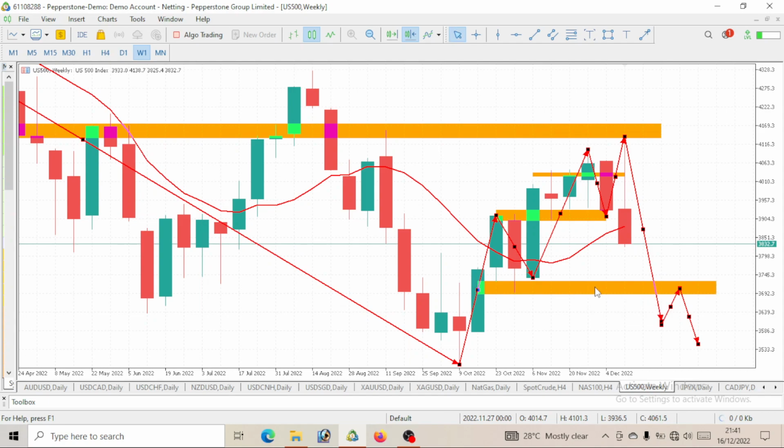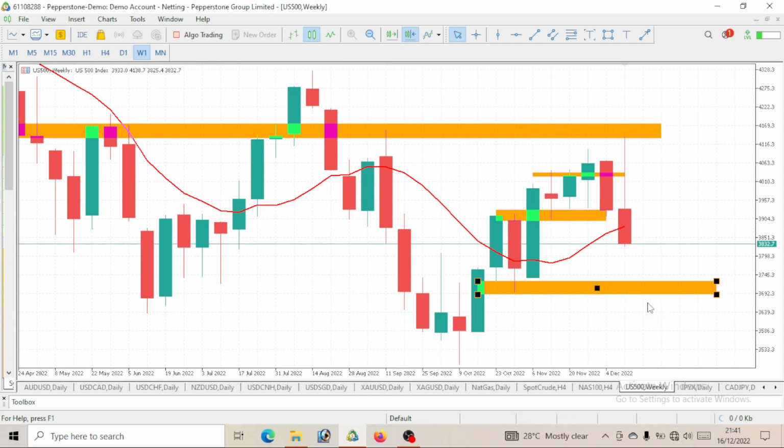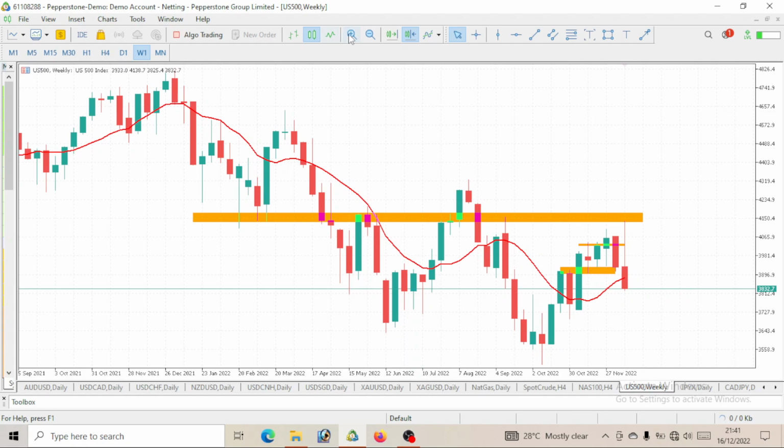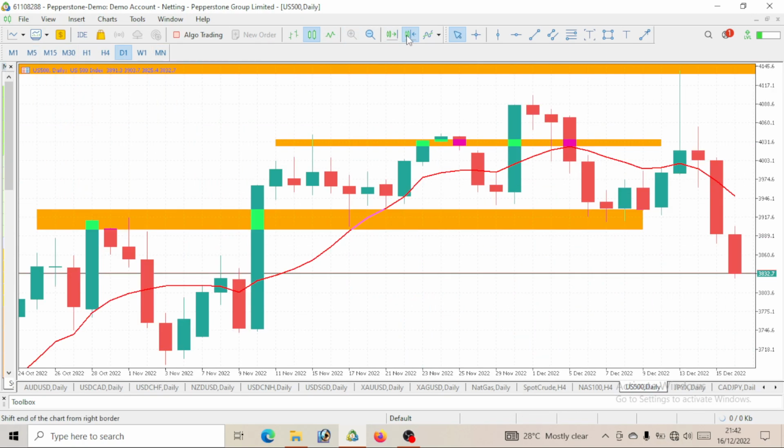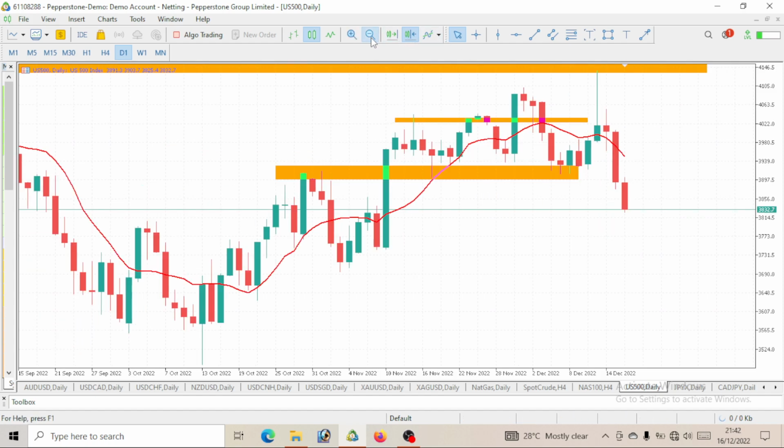So we will be watching out for this level for S&P 500 to get to. And now you can clearly see that this price is trading below our moving average. So you still see this as a bearish move. A further bearish move needs to be made on S&P 500 for the week. Now let's see what this daily time frame actually says. So you can clearly see here, this no loss has been made.